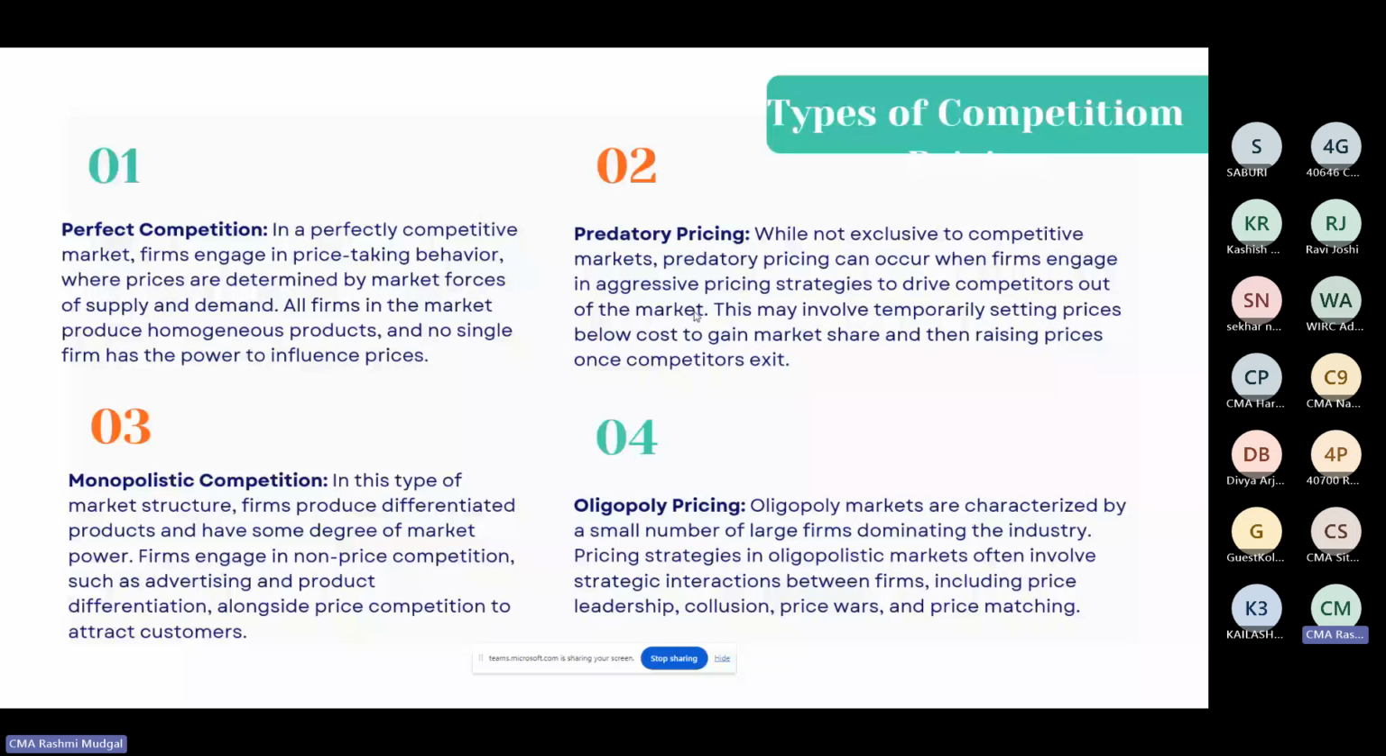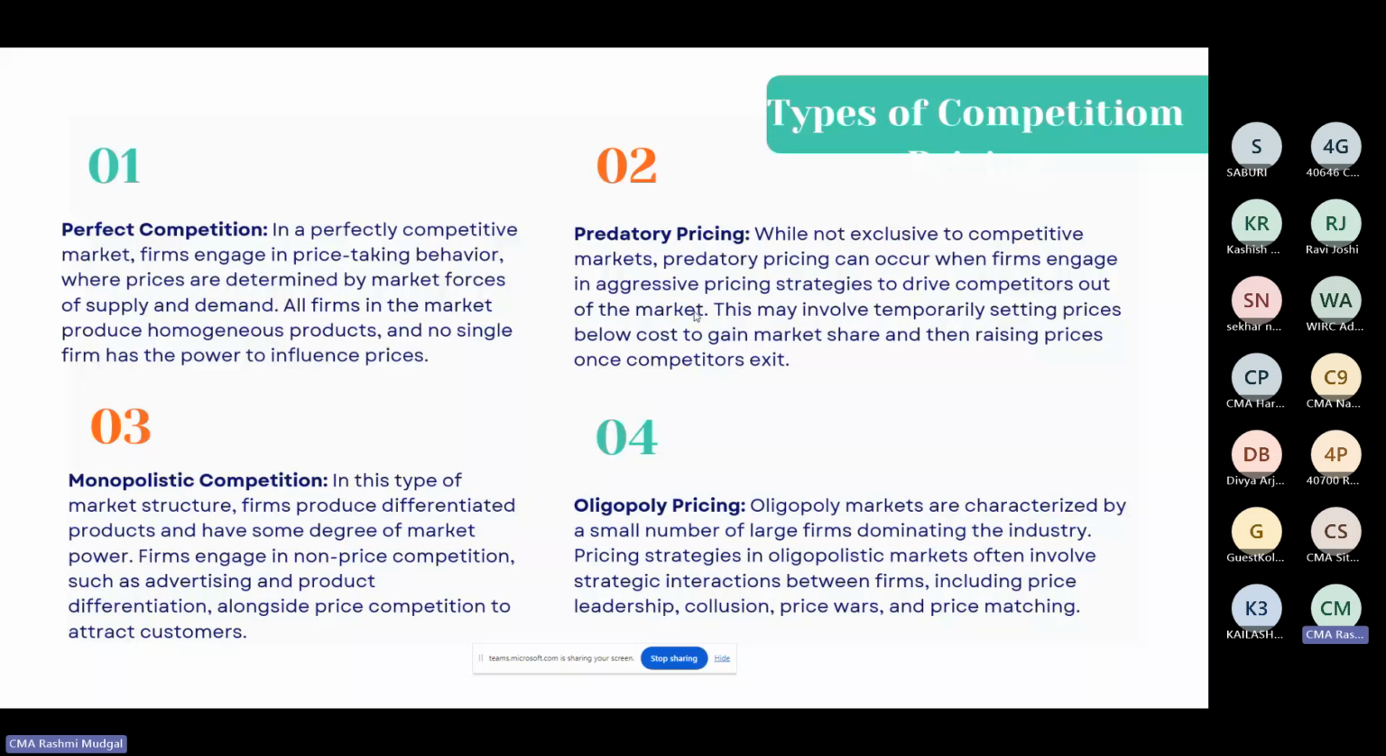Oligopoly pricing. What is oligopoly pricing? A market characterized by a small number of large firms. You can see in India there are 1.4 billion people, so much population, but there are maximum 10 automobile companies. So they do have a little competition, but they are the only producers of automobiles in India. So in oligopoly,